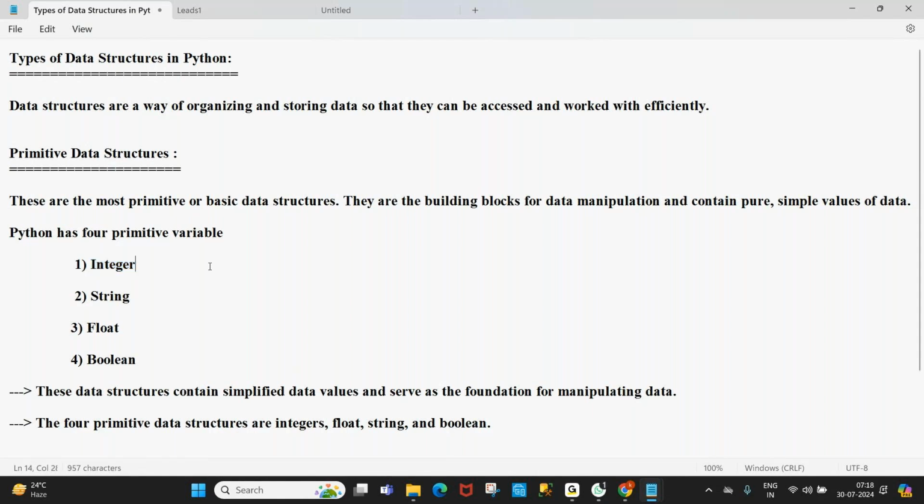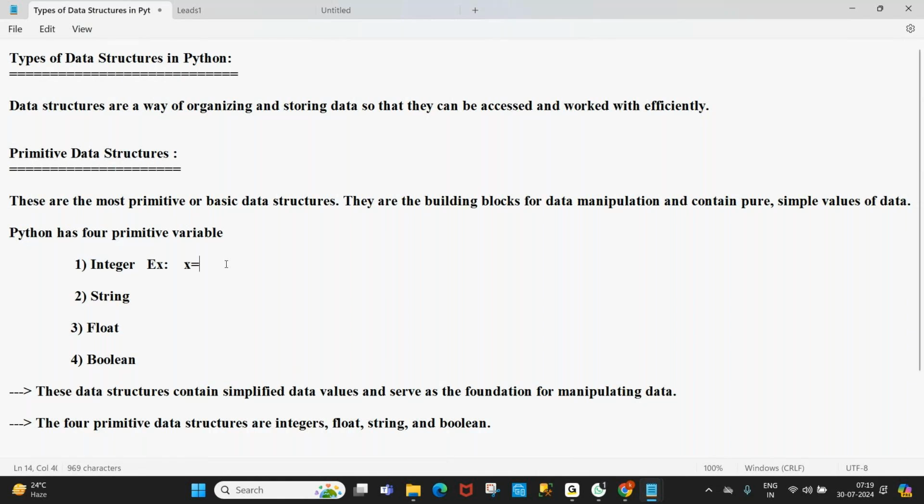For example, integer. I'm declaring one variable x and assigning a simple and pure value, not a mix of values.